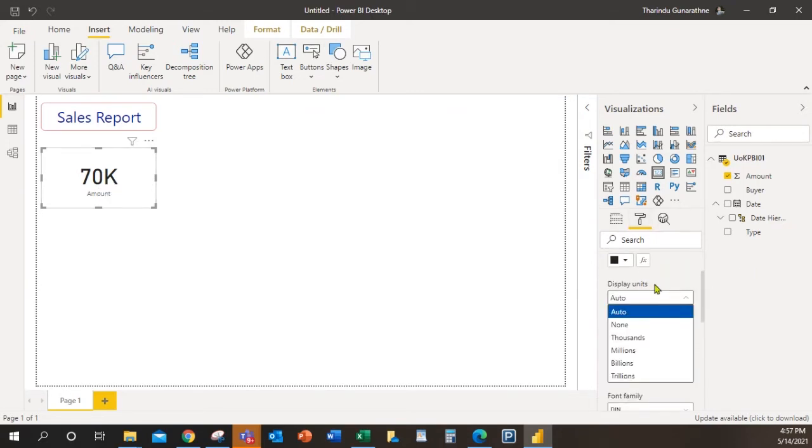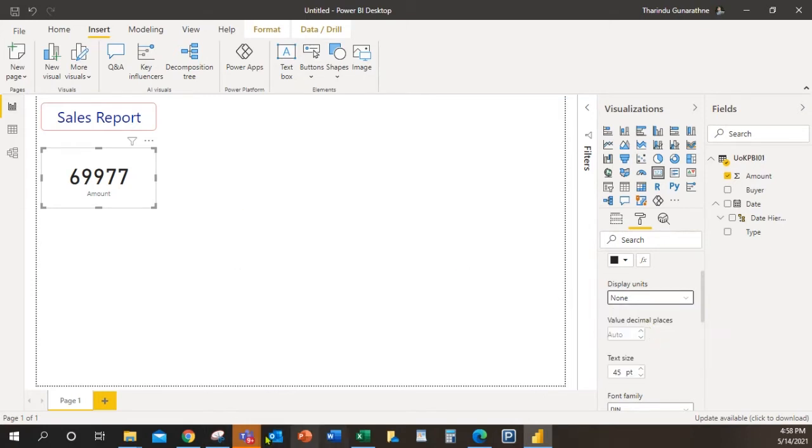Here there's a drop down for display units. Let's say if we have a number like a billion, then you can show the same amount in billions or thousands or none. None means once we press none, it will appear like this. I will apply none.